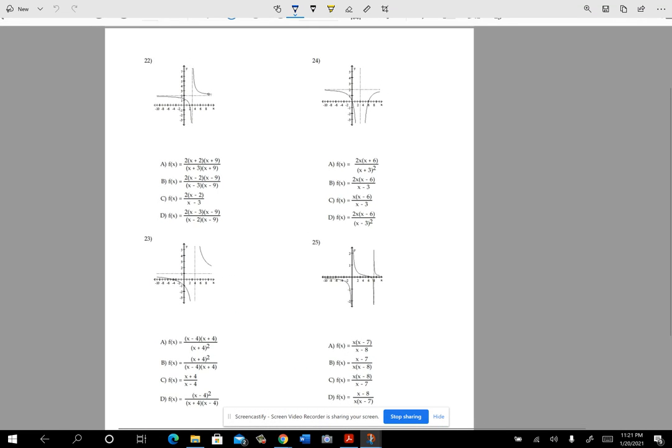22. All right, so this one has a hole at x equals, looks like 9. So that means you should have an x minus 9 in the denominator. Okay, you have a vertical asymptote at x equals 3. So you should have an x minus 3 factor in the denominator. Okay, it has a horizontal asymptote at y equals 2, which means you should have the